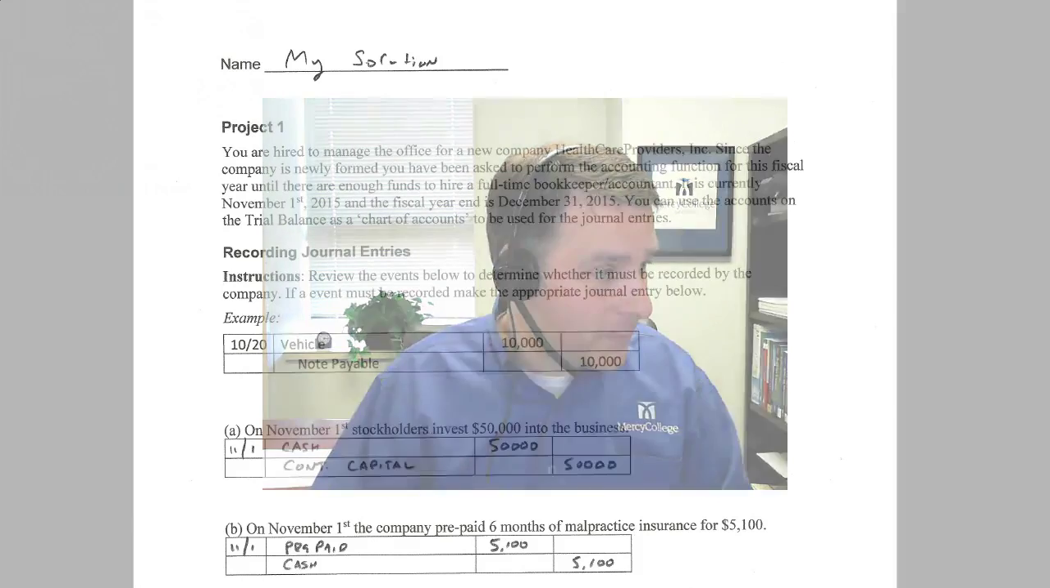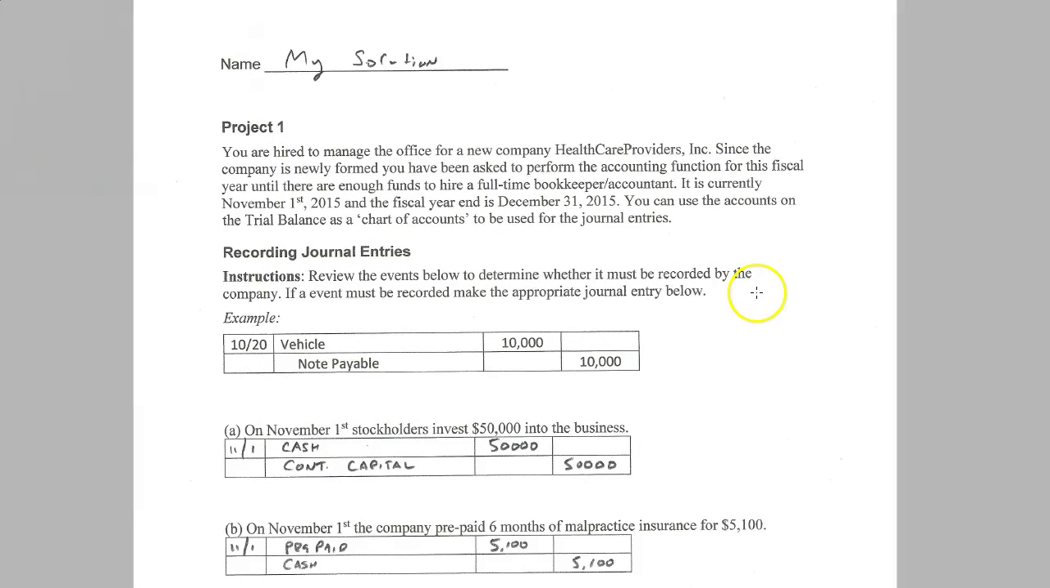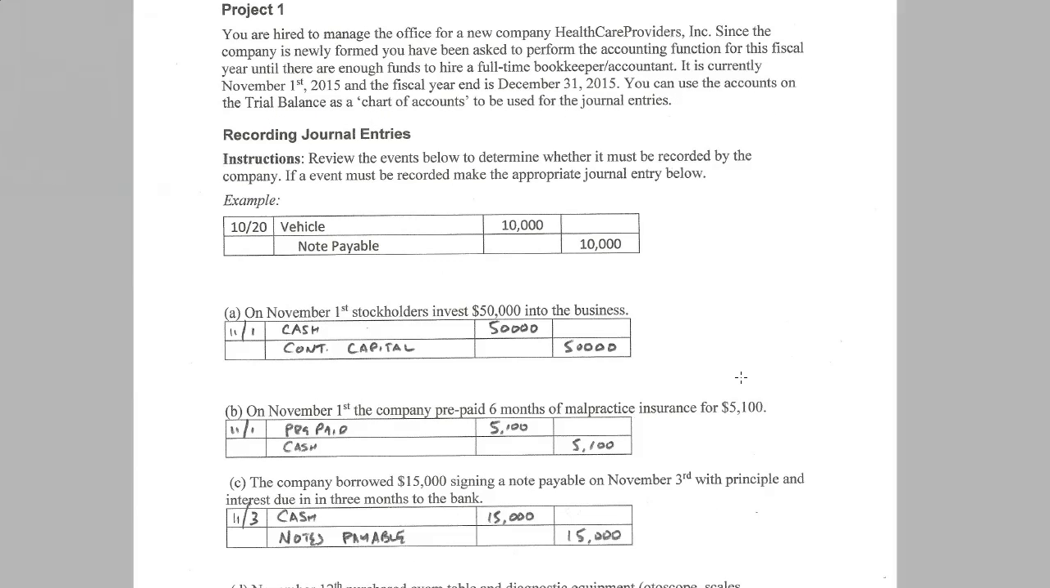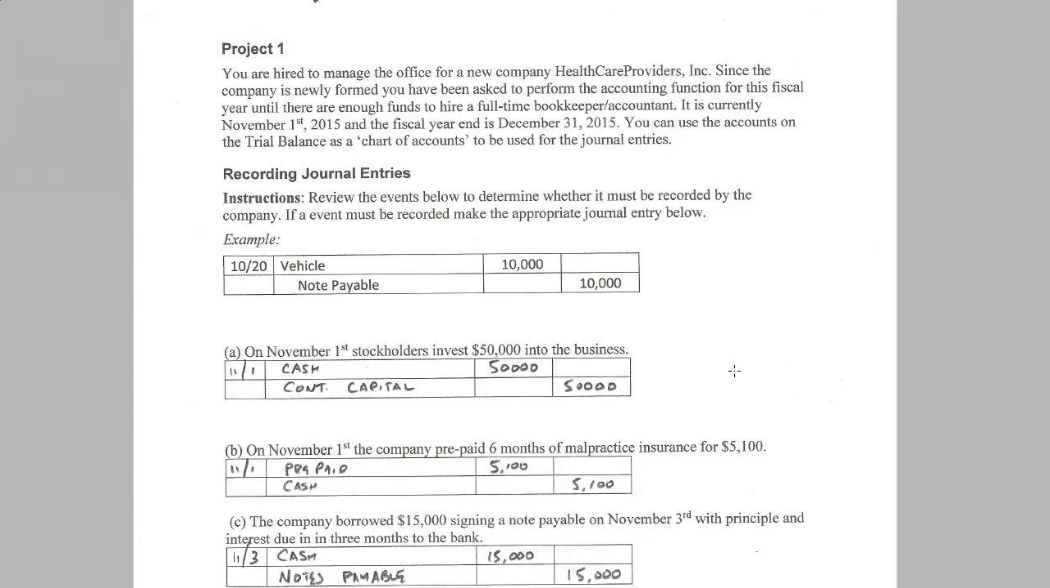First of all, when you take a look at it, try not to think too much about the transaction and take it at its face value. So on number 1, or letter A, on November 1st, stockholders invest $50,000 into a business. Well, the answer is your cash account, you're going to have a debit to the cash account and a credit to